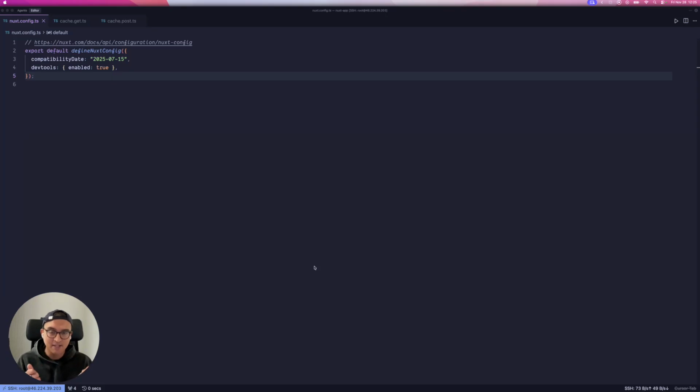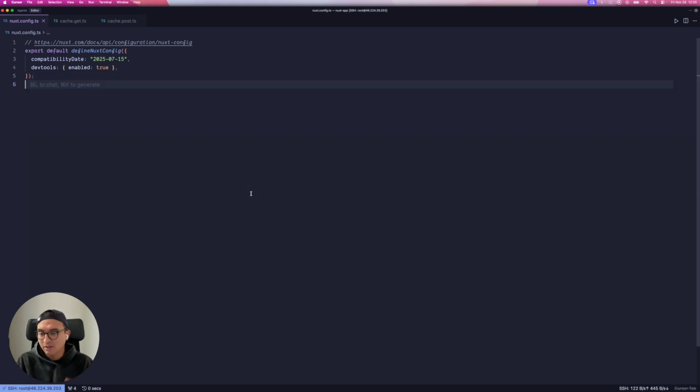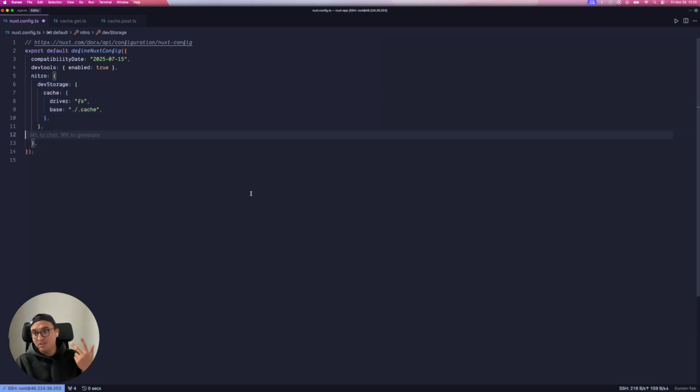There comes a point in your application where you want to implement caching, and Nuxt has a very easy way to do this, both in development and in production. The first thing we need to do is go to nuxt.config. Now, Nuxt uses Nitro under the hood, the server engine. So what we have to do is open a Nitro configuration object inside nuxt.config, and we put two things,